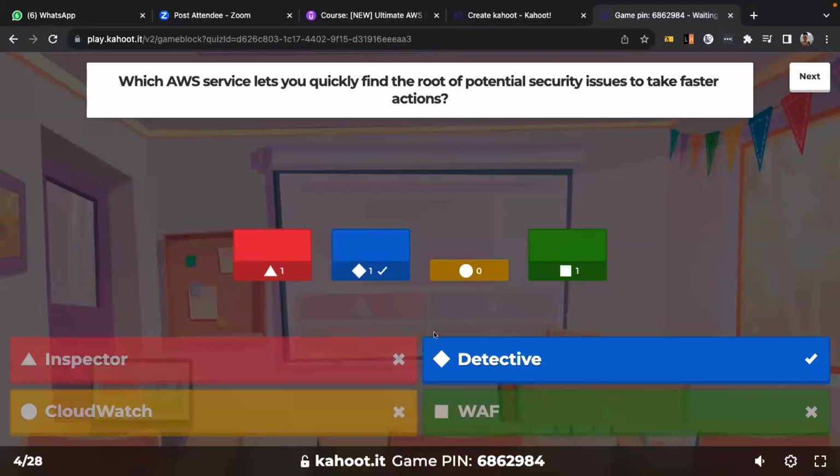Detective is the right one because it will help you find the root cause of potential security issues. With Inspector, it can help you find some security issues in your EC2 instance, I believe. But if you want to know the root cause, you have to use Detective.